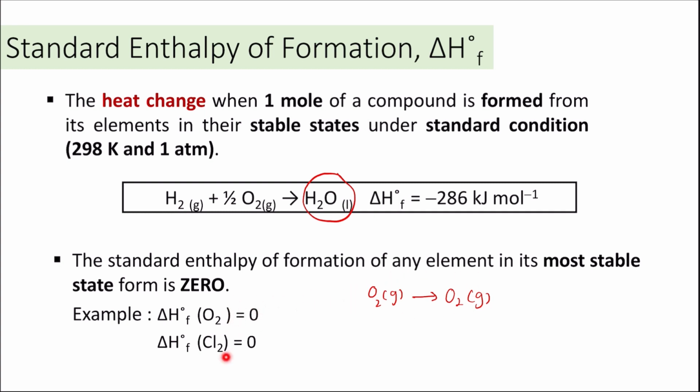Same goes for Cl2. Cl2 nak hasilkan Cl2, 1 mole of Cl2 kita akan dapatkan daripada atom yang stable iaitu atom Cl. Tapi Cl, dia halogen yang exist sebagai diatomic molecule juga. So, dia tak akan exist sebagai Cl, dia kena exist sebagai Cl2. Dan dalam form gas. So, bila dia hasilkan benda yang sama, sebab tu kita kata enthalpy of formation diorang kekal